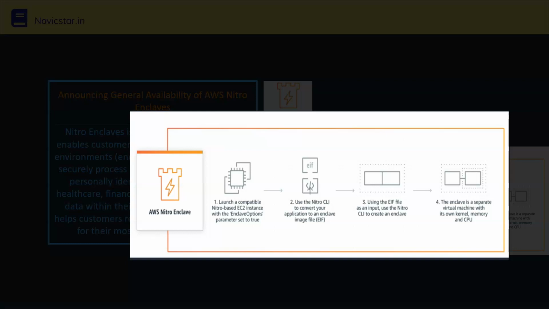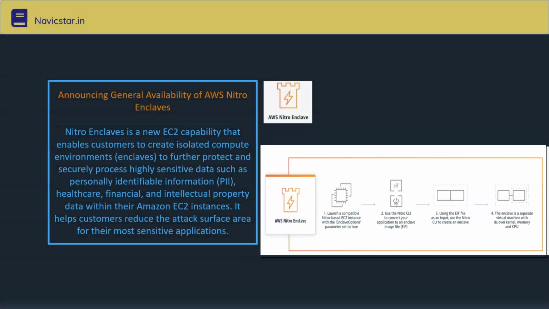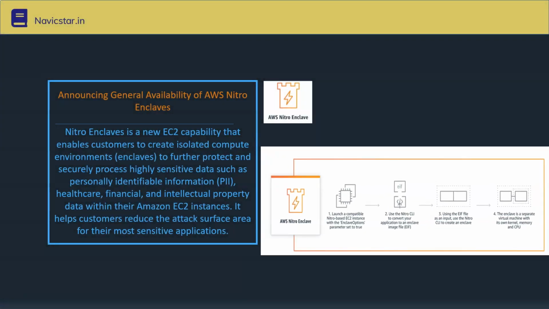That's how the security works, so that no outsider can access the data residing in the Nitro Enclave, even if the person has access to the EC2 server. It's like one more layer of security, one more layer of isolated environment, kept side by side with your current EC2 server and accessed through the secure channel.